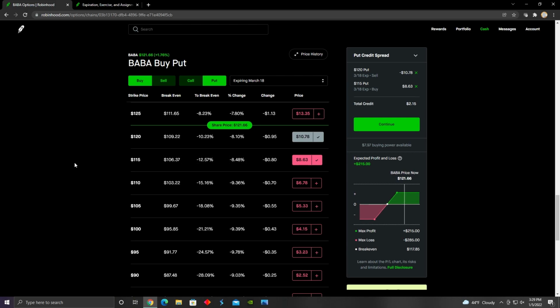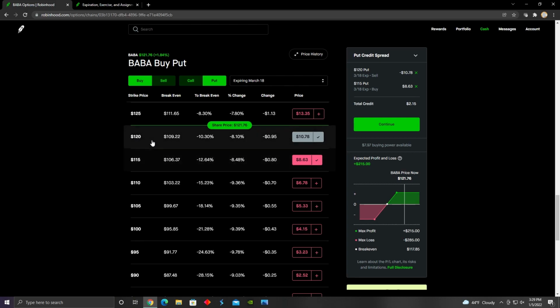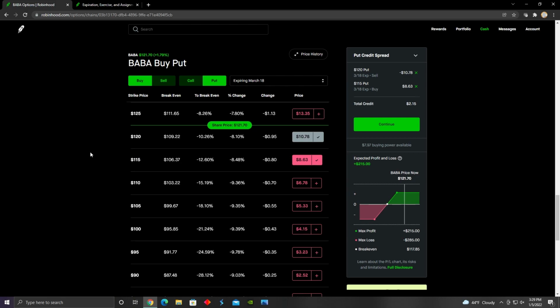So this would effectively mean that the max loss that our position could incur would be the difference between the strike prices of our short put and our long put. So it'd be 120 minus 115, that's $5 times 100, which is $500. So the max loss that our position could have would be $500. But remember, when we opened up the put credit spread, we received a total credit of $215. And so the max loss was actually $500 minus the total credit we received,